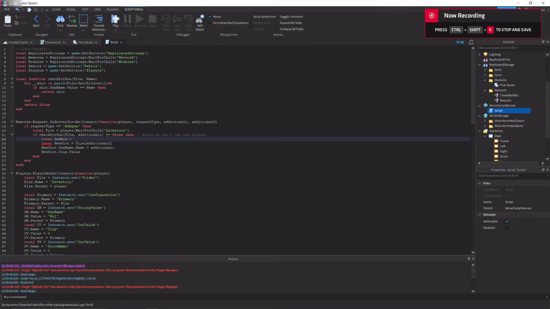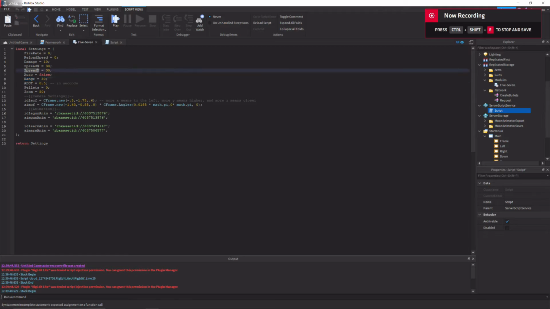So modules additional 1, and we need it to be required so we have access to the information inside and not the file itself. So local clip.value would be equal to module dot